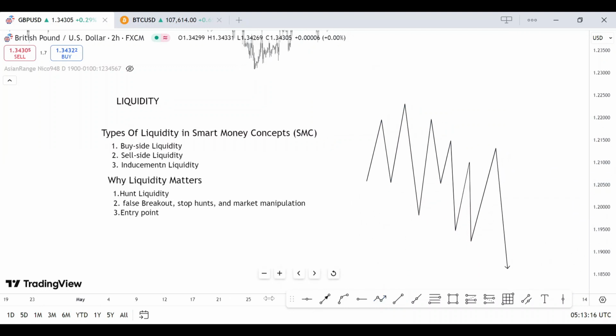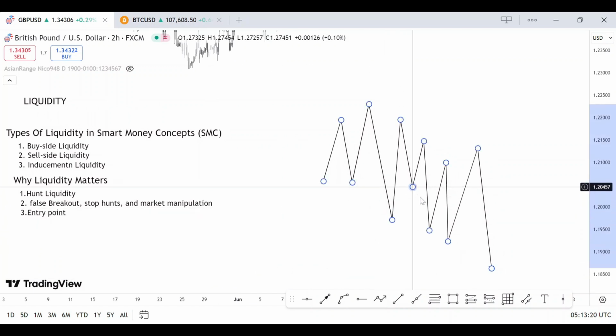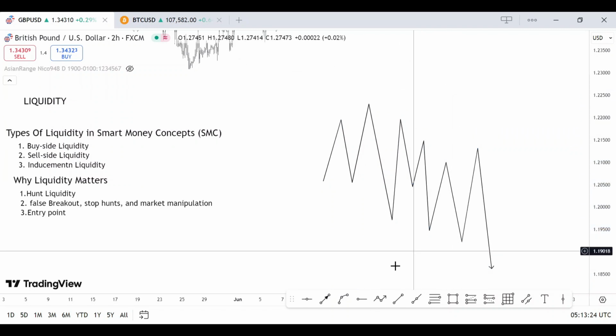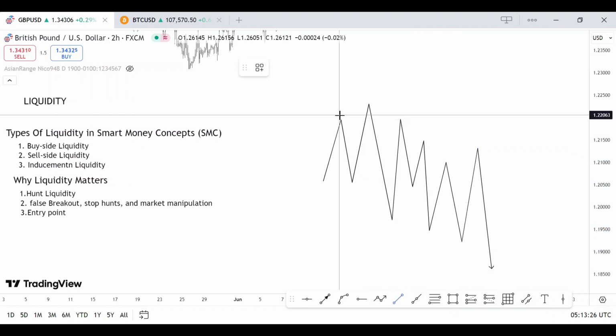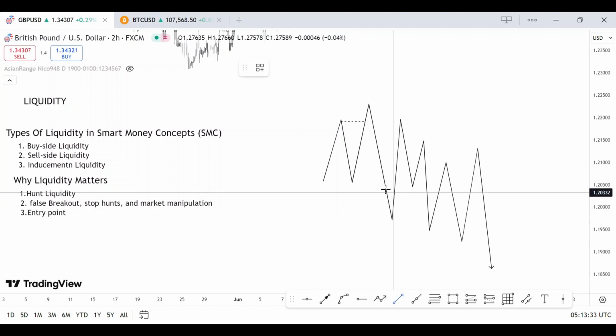This is how price moves. Price moves from liquidity to liquidity, always sweeping liquidity and testing key levels. See, price swept this old high, came back, gave us a change of character,